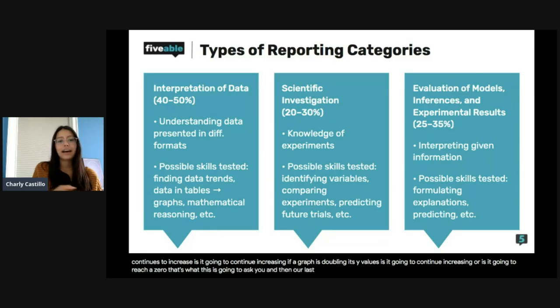And then our least common, but still pretty significant chunk of the test, it is still 20 to 30%, is going to be the scientific investigation. And this is when your knowledge of experiments is going to come into play. There are experiments on the ACT Science, not real experiments, experiments with fake people and fake different methods. And this part of the test is just going to test your ability to understand the different parts of